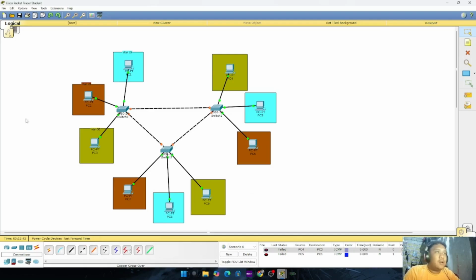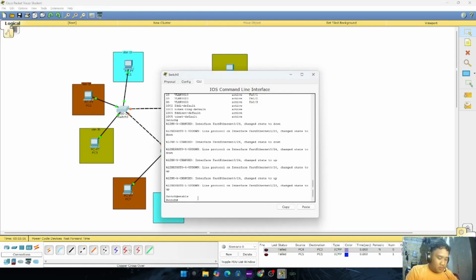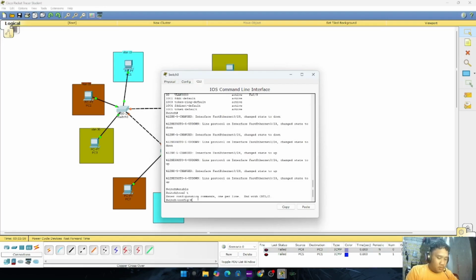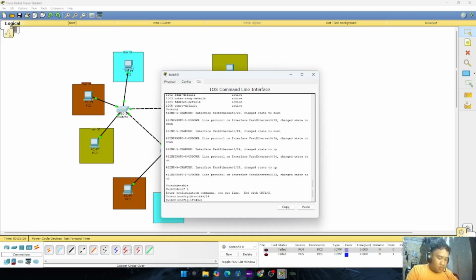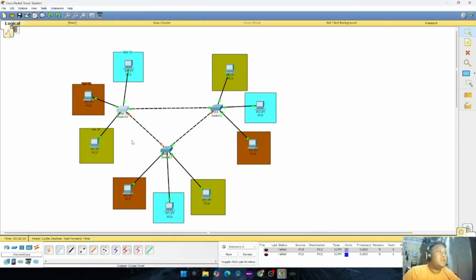Since the PCs are configured in different VLAN networks, let me first trunk the first switch. As you can see here, it's already trunked.